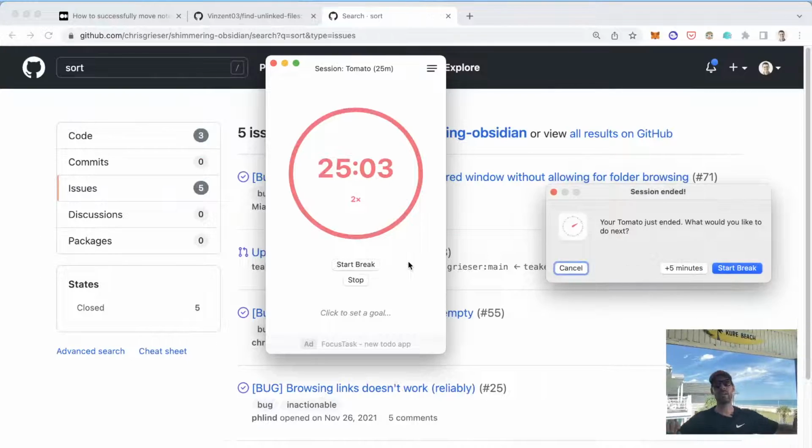We are at the end of our Pomodoro. We have now done 2 Pomodoros, and we have mostly completed the migration from Bear over to Obsidian. I think in order to prevent me from using Bear, I'm actually going to have to delete the entire application from my Mac, because my instincts are so ingrained to use that.